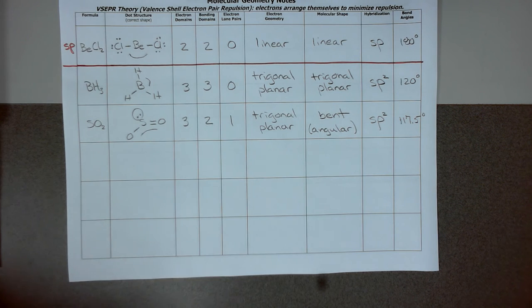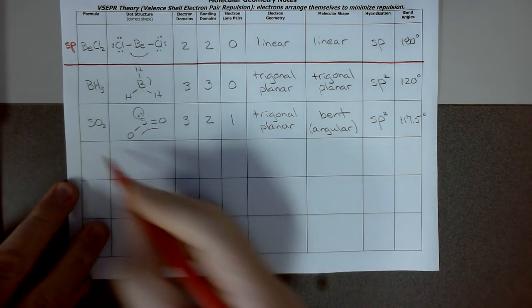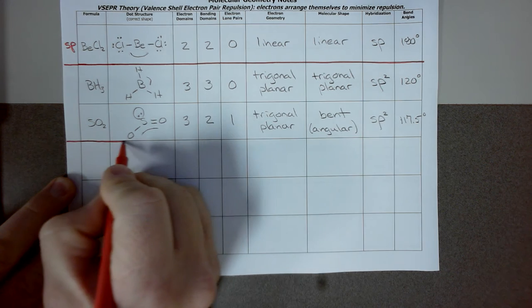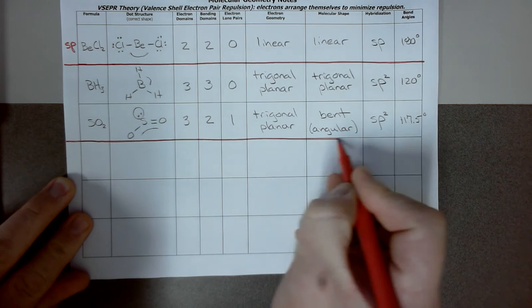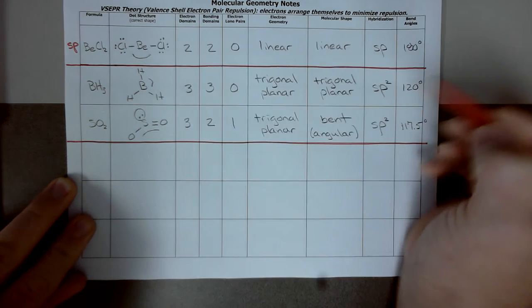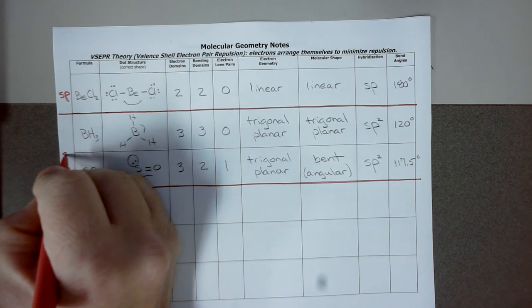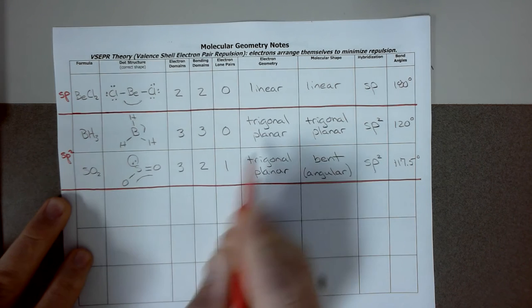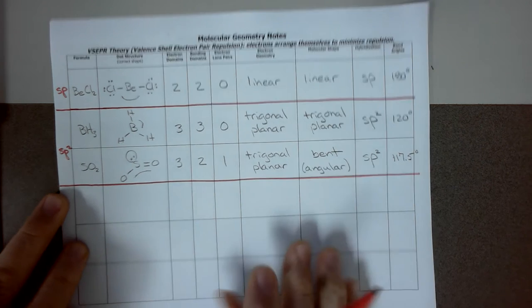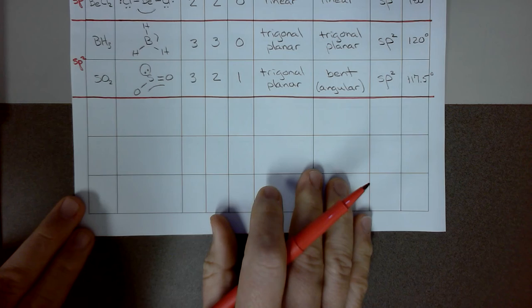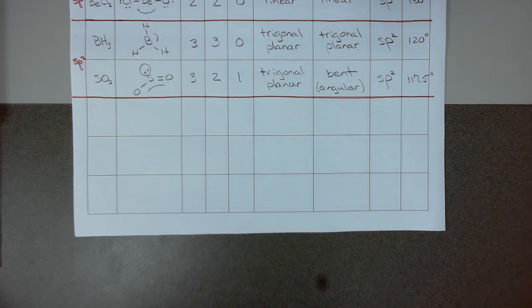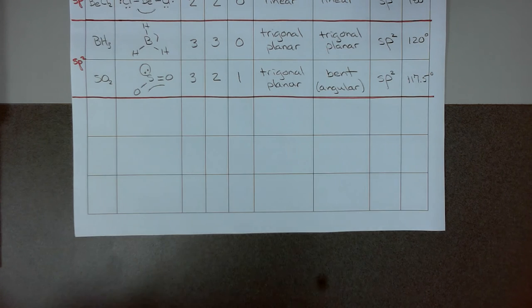Now, so that's it for the sp2 hybridized group. So I'm going to draw a line here, and so that's sp2 hybridized. And so you can call this group the sp2 hybridized group, or you can call it the trigonal planar group. The next group we'll start out with methane,